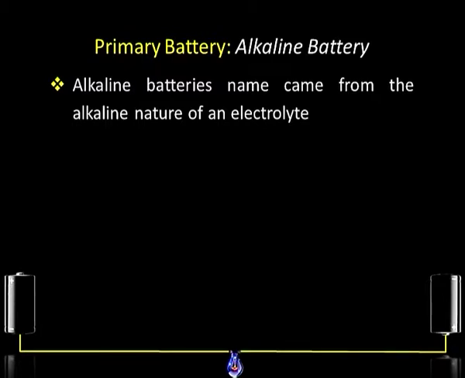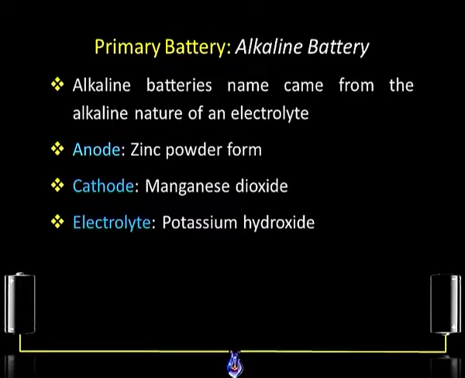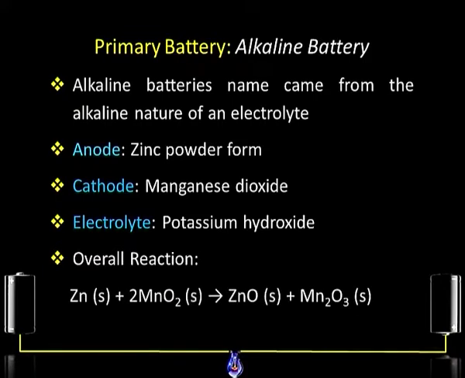In this type of battery, the anodic material is zinc in powder form and the cathodic material is manganese dioxide, that is MnO2. And the electrolytic solution we are using is potassium hydroxide. So the overall reaction of this type of battery is when zinc in solid form reacts with manganese dioxide, which is again in solid form because they both are in electrodes,